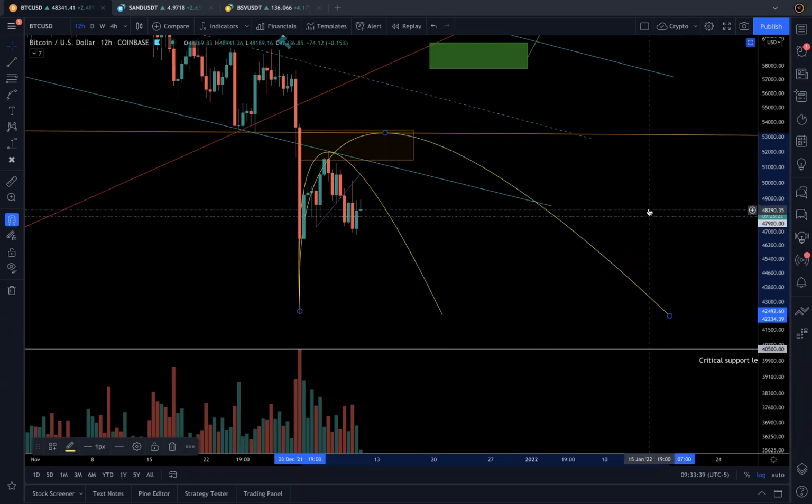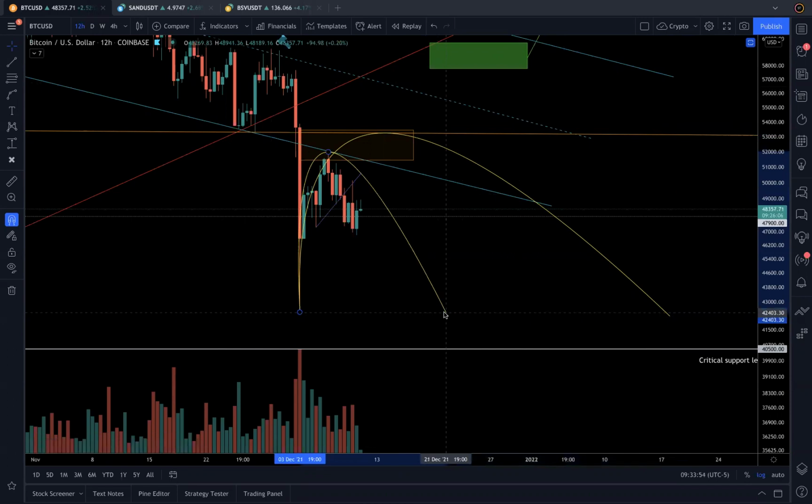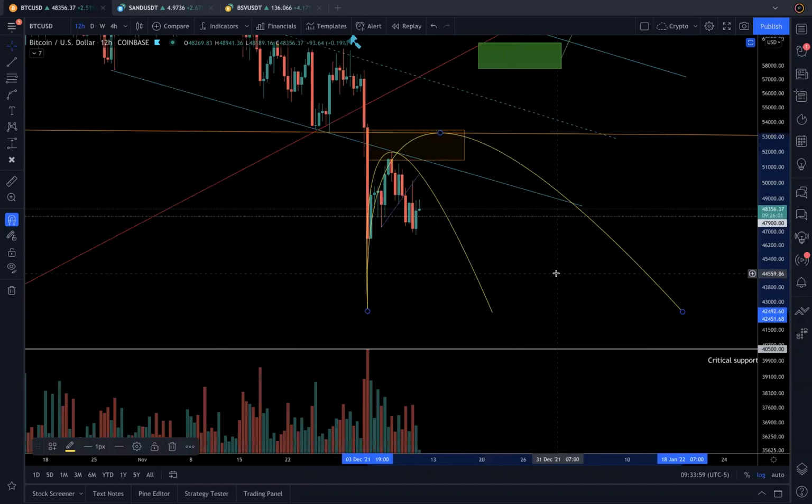So there are so many paths you could think of, but just to simplify, it could retest here, somewhere here, go up, come back here, and then go for the ultimate one. And if this particular level is broken, then of course it will look for the lower level. So this is how you interpret this version or this layout.